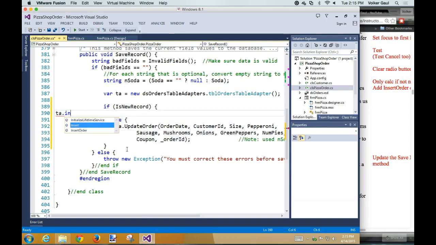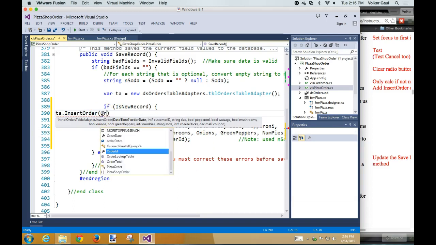Order. Notice there's the default one. It looks very similar. Just doesn't seem to work well. So I'm going to go with insert order. And then once again, I now need to put the fields in the right order. I believe they're the same order as they are down here. But just to be safe, I'm going to re-enter them. And the first thing it wants is the order date. Remember, we're using the properties here,